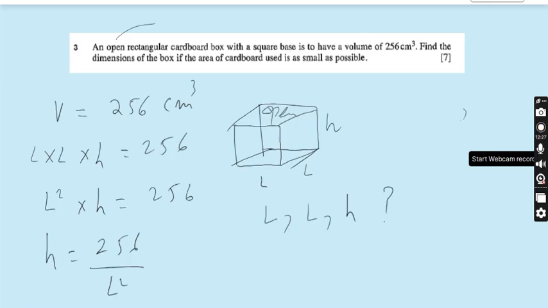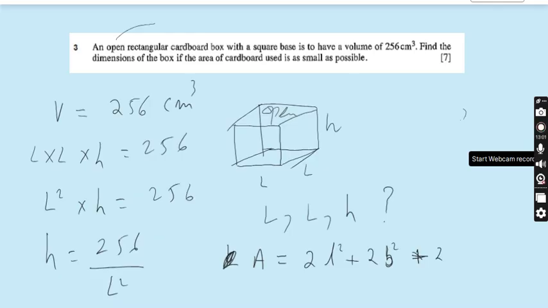So now write the formula of the area of the rectangular shape, like the area of the cuboid, that is 2 multiplied by length square, 2 multiplied by width square, or you can say base square, length by base square, and plus 2 multiplied by